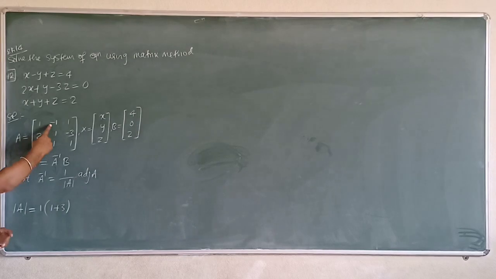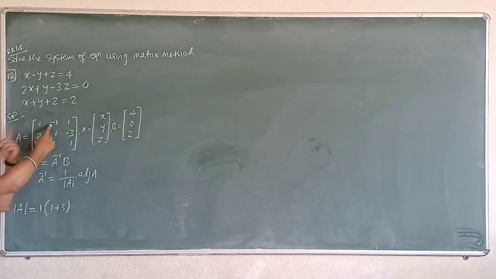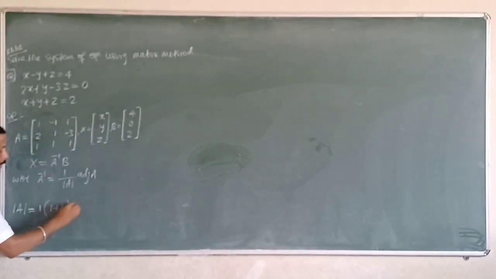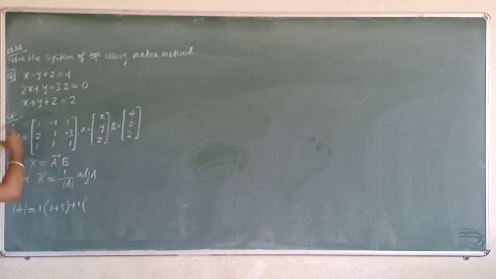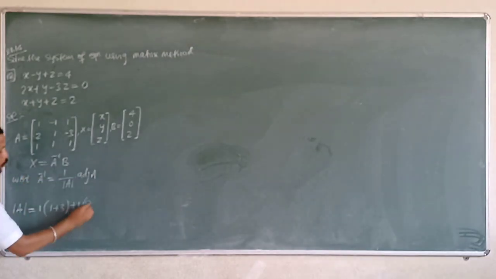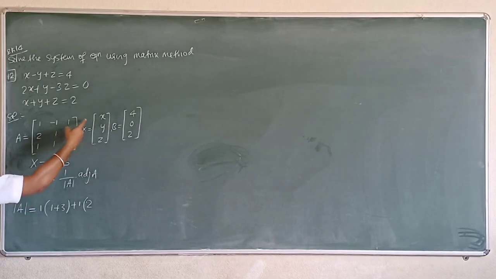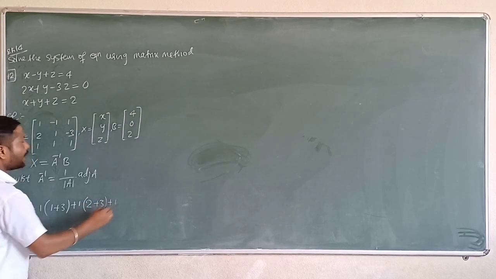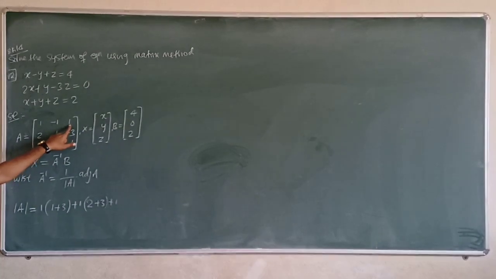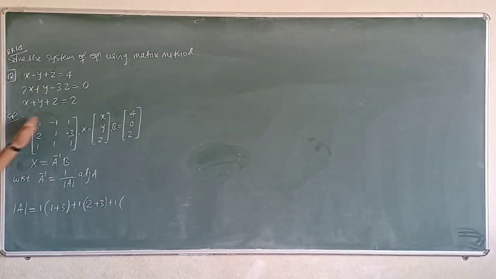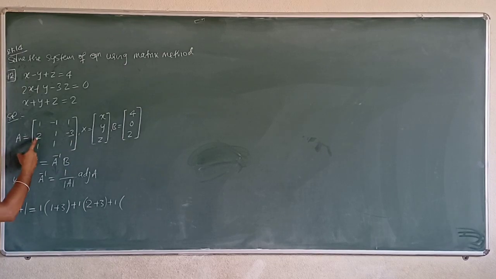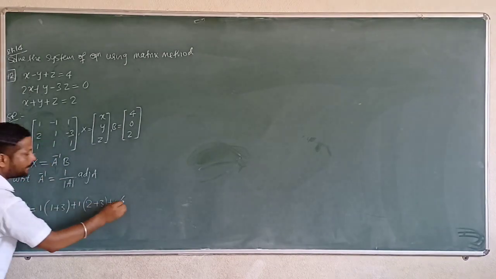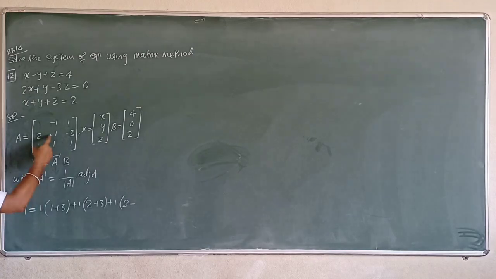Next, is the A12 element positive or negative? Negative. Minus into minus 1 into, delete first row, second column. Then 2 1s are 2. Plus into minus is minus, minus into minus is plus. 1 3s are 3. Next, the A13 element is positive. That is plus 1 into, delete first row, third column. Then the elements are these 4 elements. 2 1s are 2. Plus into plus is plus, plus into minus is minus. 1 1s are 1.